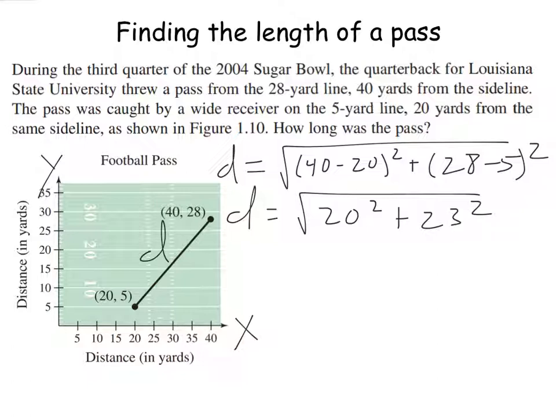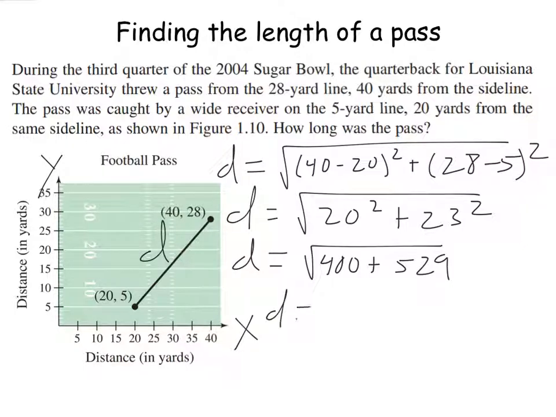$20 and 23. Well, this will be 400 and 529. Okay, here's another interesting case where I don't think I'm really that interested, again, in the context of football, with the exact answer of the square root of 929. If you were to tell that to your average football fan, I think you would probably just get a dumb look. Like, you got a quarterback who made a pass in a game that was the square root of 929